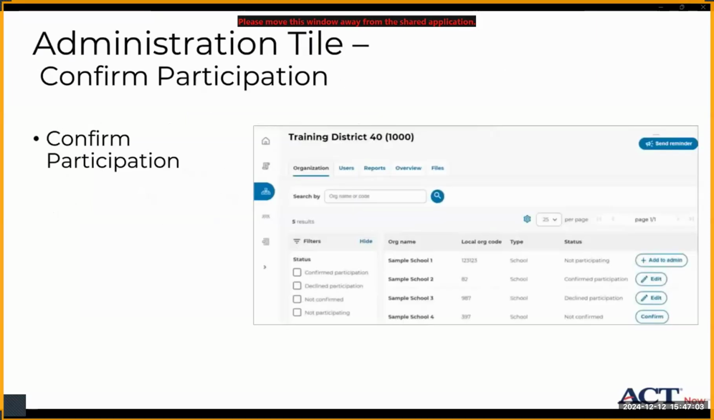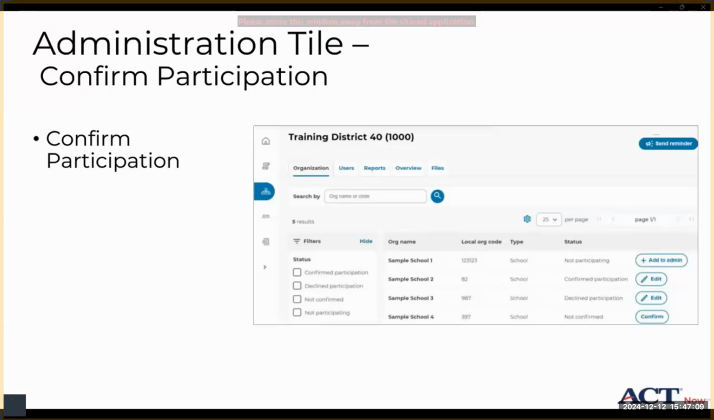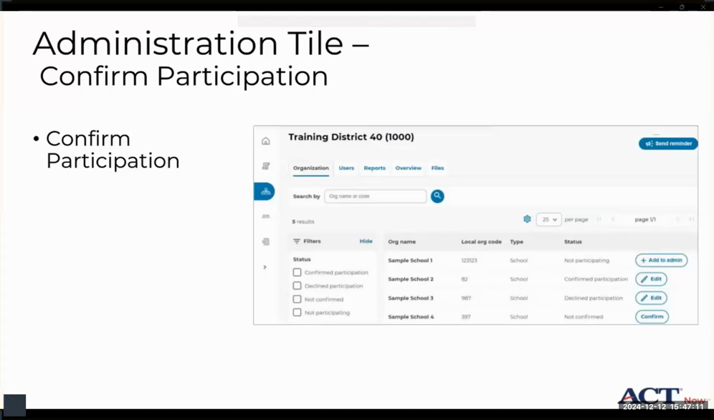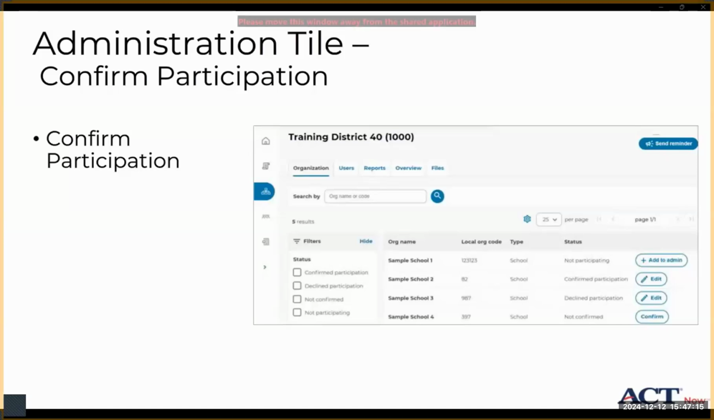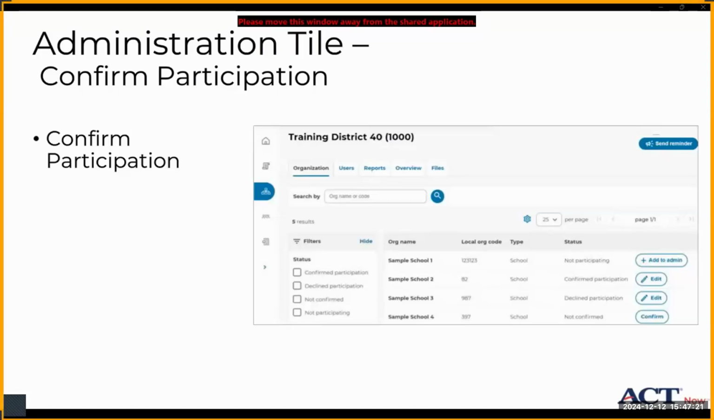Your state will invite all participating schools to the administration. That allows test coordinators at the school or district level to confirm participation. To confirm participation, navigate to the administration tile and select Confirm to indicate the intent to test during the administration. At this time, you will select the test event that your school will be initially testing in. Choose the week that you wish to receive your test materials and confirm the shipping address where test materials should